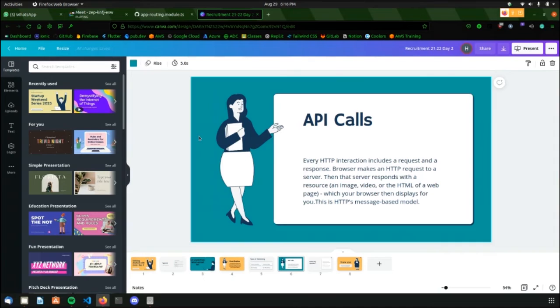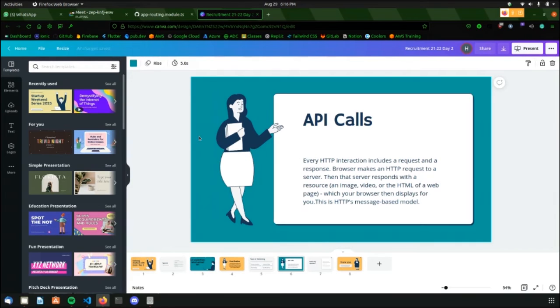So API calls are basically calling that API. You request from that API to give me some data, and the API gives you back some response. That's how communication works. API calls are nothing but the front end talking to the back end. The response might be in any form. It might be an image, it might be text, it might be HTML also.